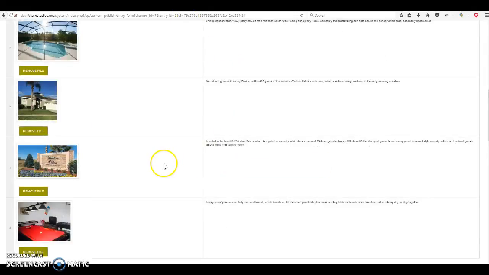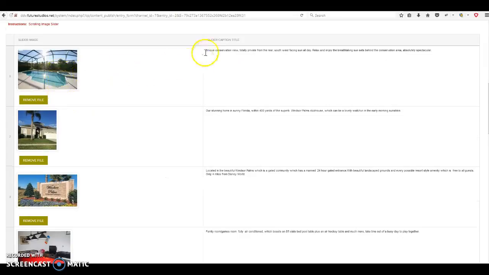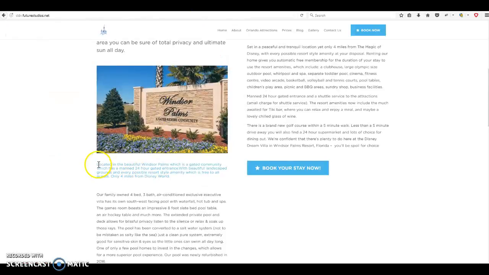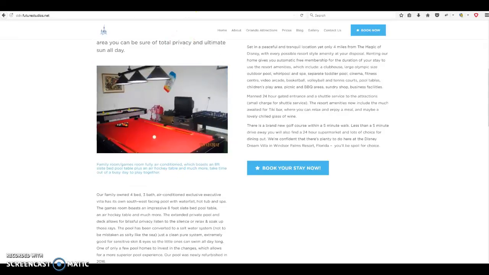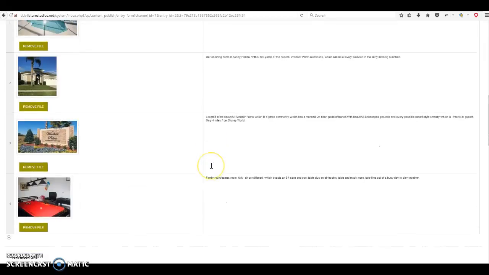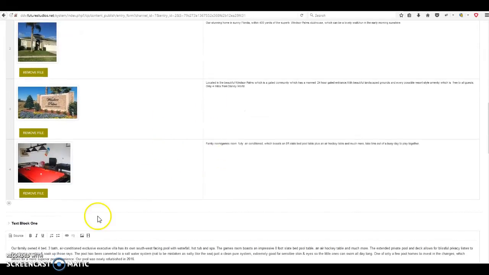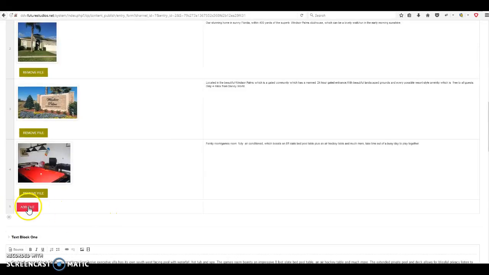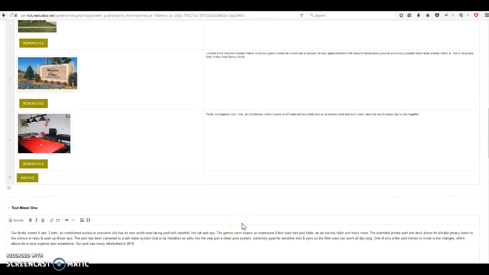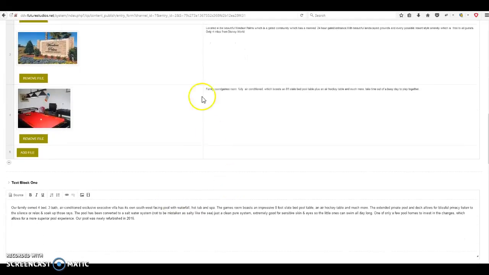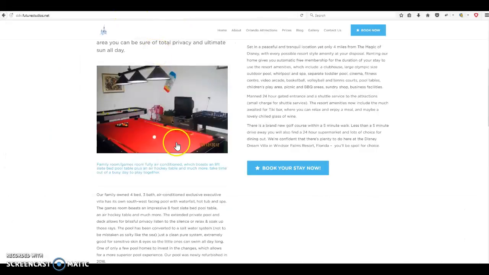So we have our images here, and the caption, as you can see, comes beneath each image. And as you can see, you've already put all these in, which is great. If you wanted to add another one, then you can always just click the add row there, and then you can add another image and another caption. I don't think there's a limit on there. Maybe a limit of maybe 8 to 10 pictures, I would say. So moving on,